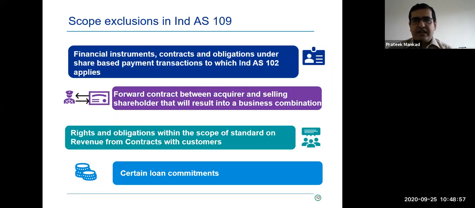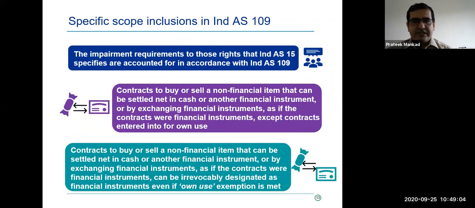Right, so those are some of the scope inclusions. Sorry, I'll go back to the scope inclusions. Contracts to buy and sell non-financial items, which otherwise would have got exemption, like an executory contract. Impairment requirements of receivables under Ind AS 115 are within the scope, again because the revenue recognition standard is silent on how you account for this. Okay, let's take